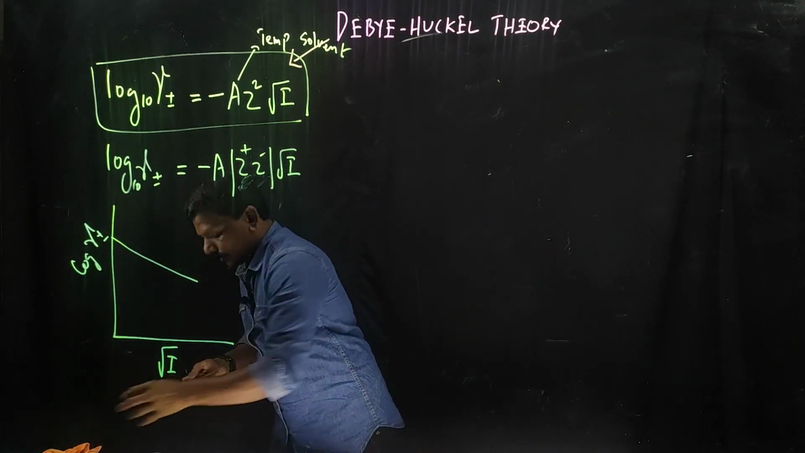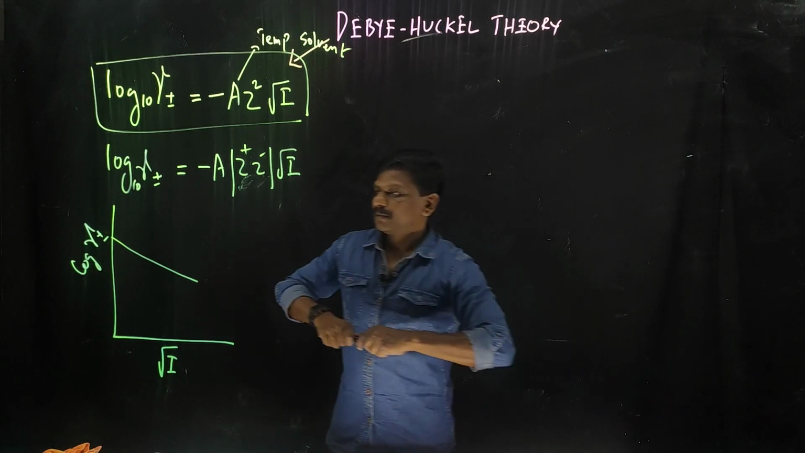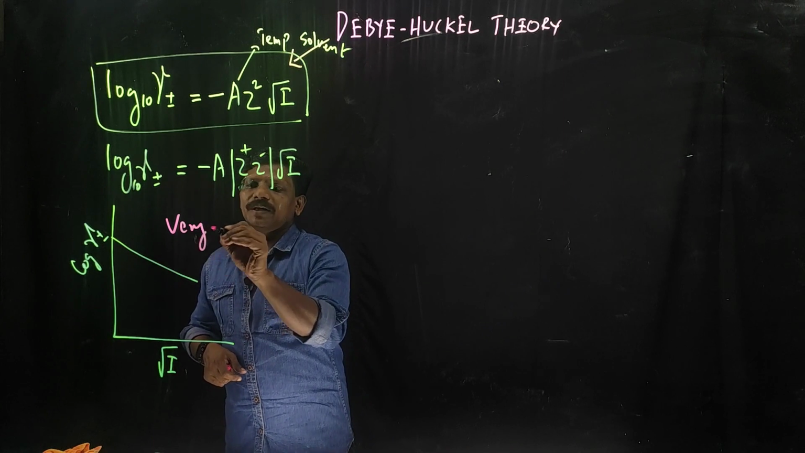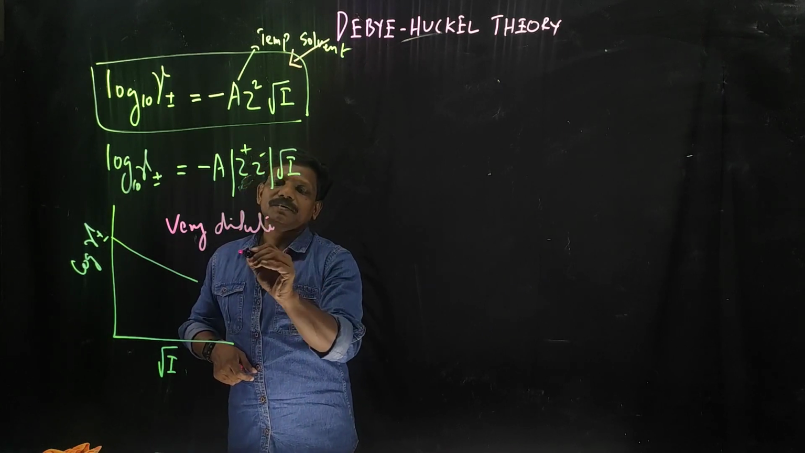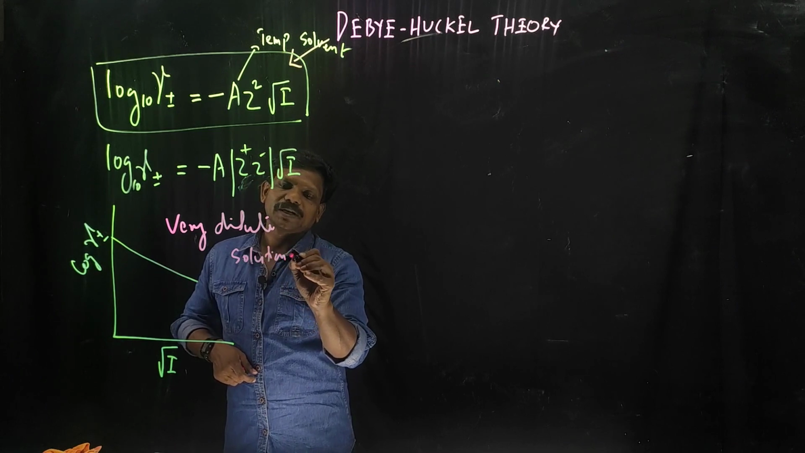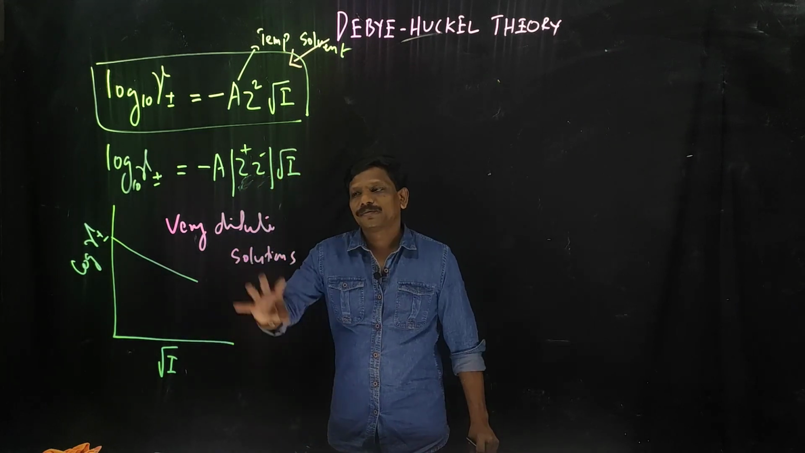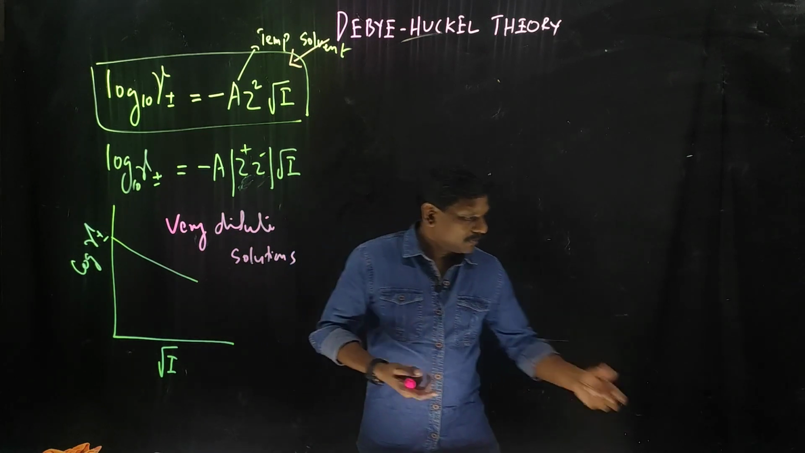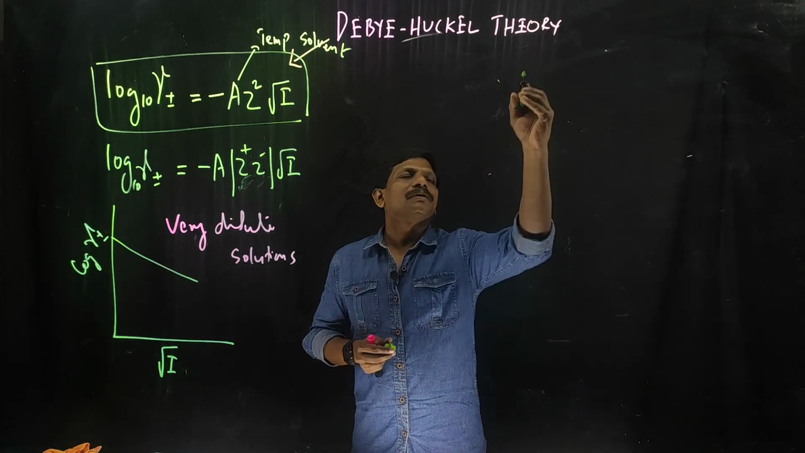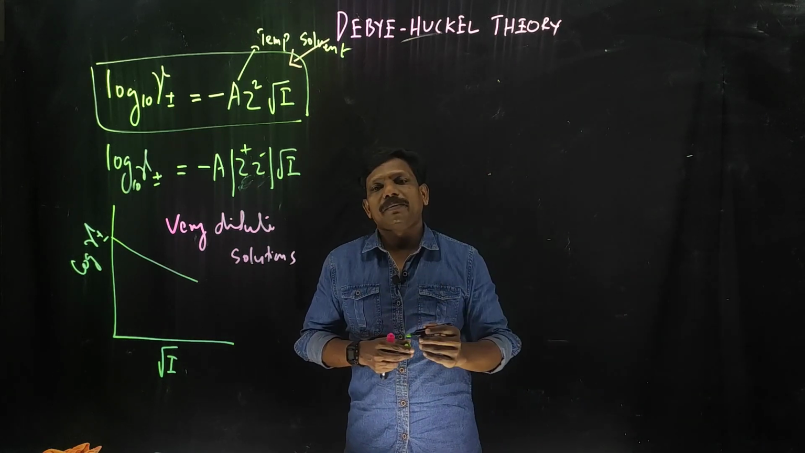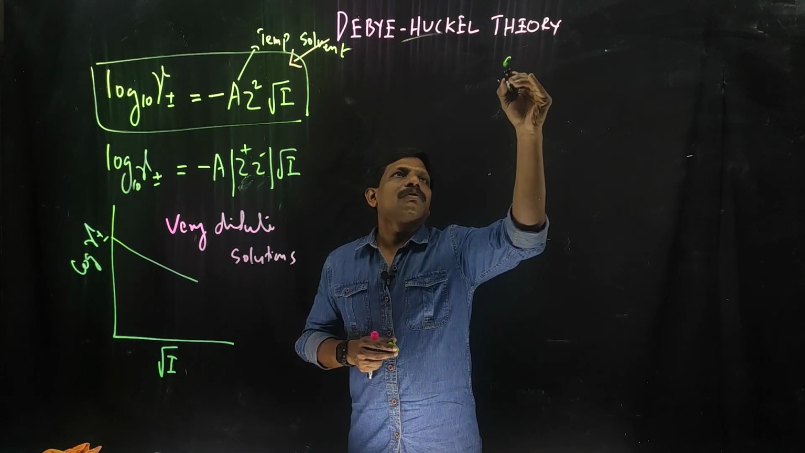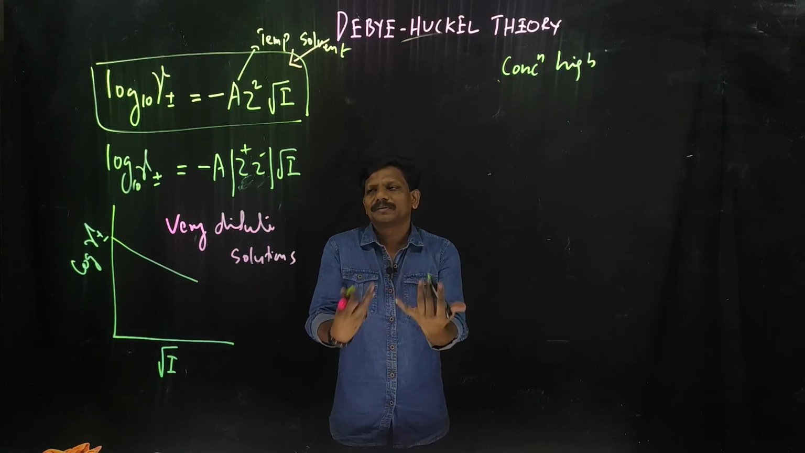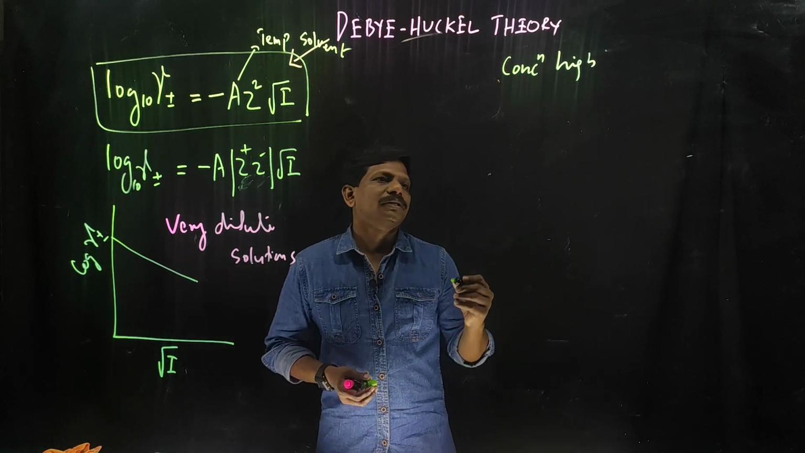I already told you, this linear graph is for very dilute solutions. So you can expect this type of graph in the case of a very dilute solution. When the concentration is a little bit high, what happens? We will see. Here the concentration is high, or it is not a very dilute solution, we will see what happens